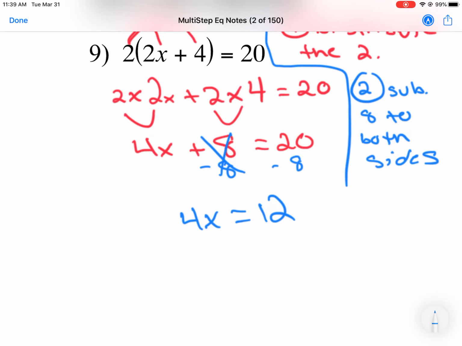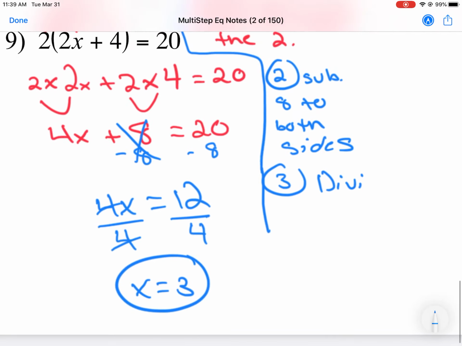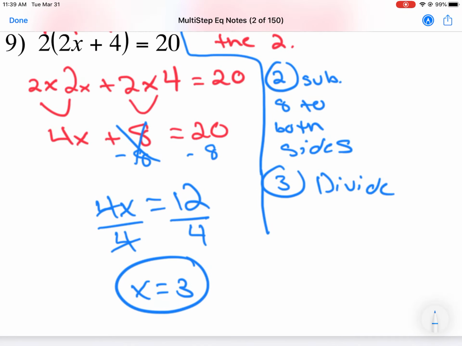So now those will cancel. I'll have 4x equals 12. Now I'm going to divide both sides by 4 because I have a 1-step equation, because the opposite of multiplying by 4 is dividing by 4. So divide both sides by 4. So x will equal 3. Sound good? And I'll just fill in step 3 will be to divide